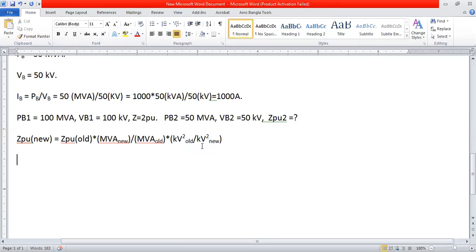give an example for this equation or application, then the ZPU new, অর্থাৎ আমাদের নতুন পার ইউনিট ভ্যালুটা বের করতে হবে পুরাতন যে ভ্যালুটা দেওয়া আছে কোশ্চেনে। তো আমরা যদি এটা আমাদের কোশ্চেন হয় তাহলে এই কোশ্চেনের জন্য পুরাতন পার ইউনিট দেওয়া আছে 2, দ্যাট ইজ জেড এর 2 পার ইউনিট পুরাতন দেওয়া আছে, সো 2 ইনটু, আমাকে করতে হবে কি, পাওয়ারের নতুন বেস ডিভাইডেড বাই পাওয়ারের ওল্ড বেস। সো পাওয়ারের নতুন বেস হচ্ছে যে পাওয়ারটার জন্য আমাকে এখন জেড বের করতে হবে।